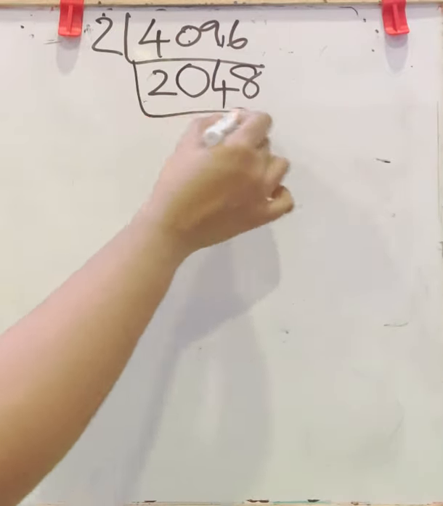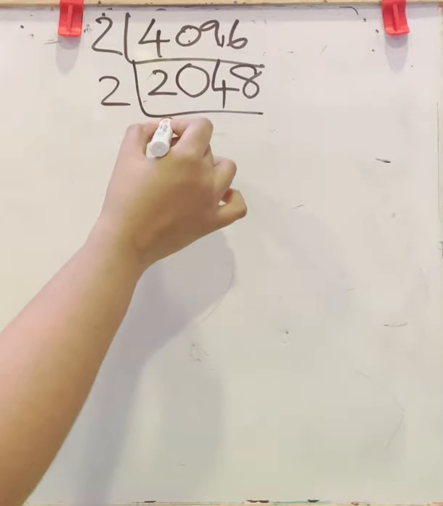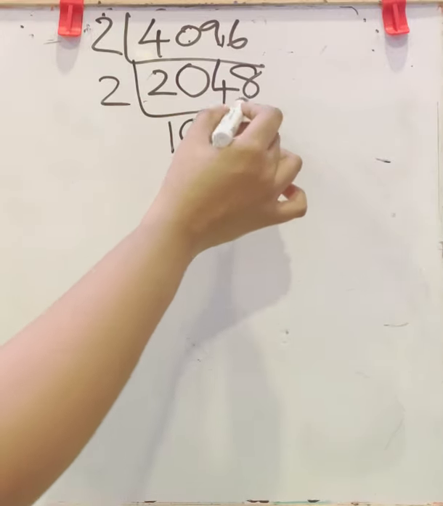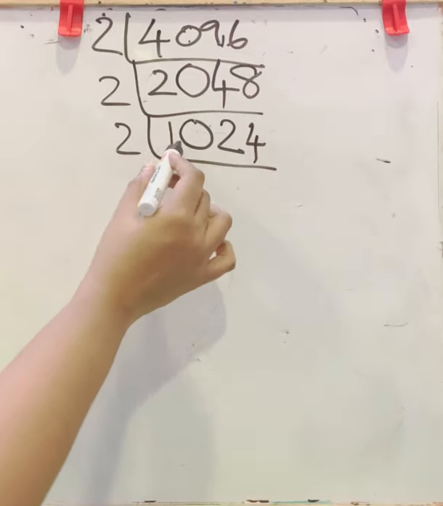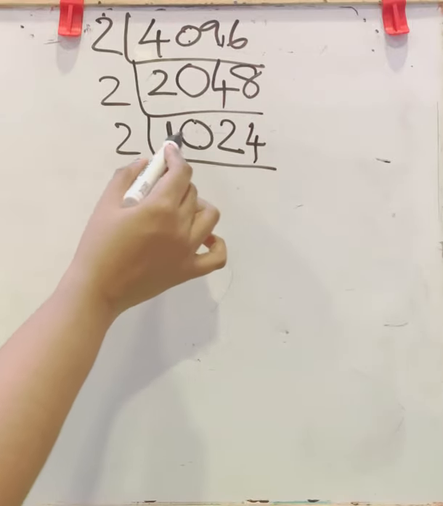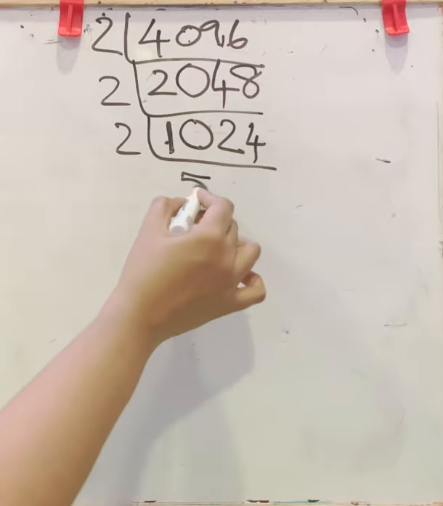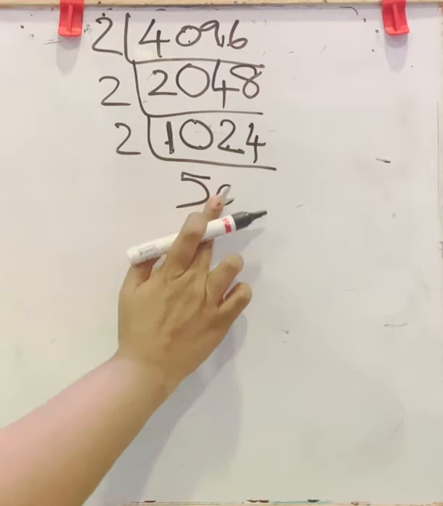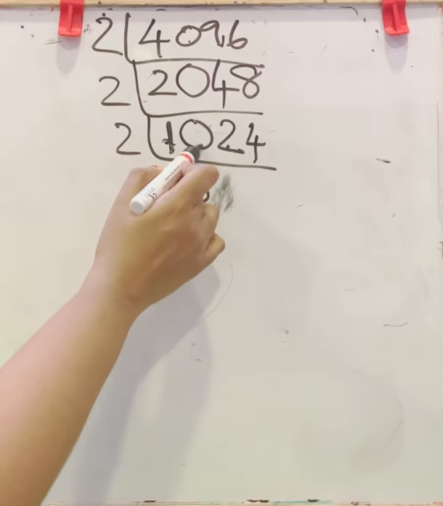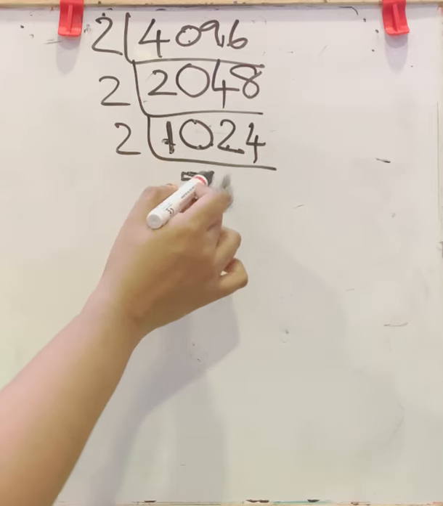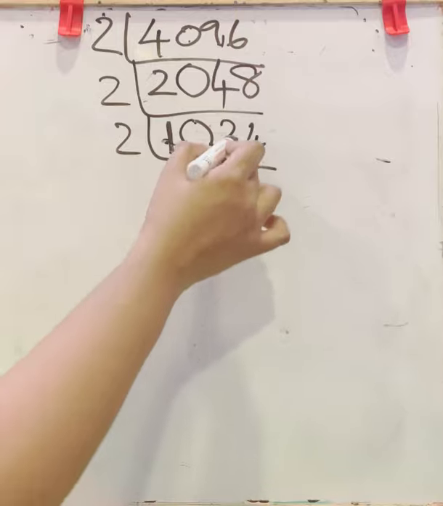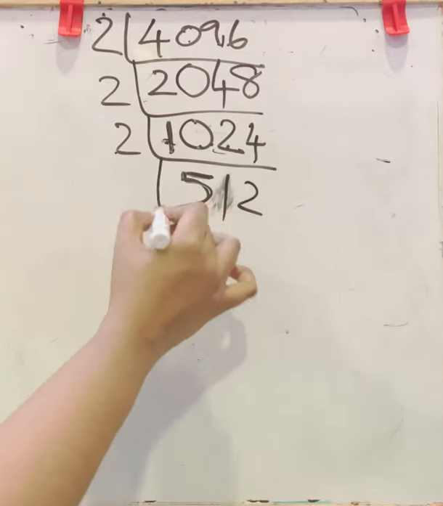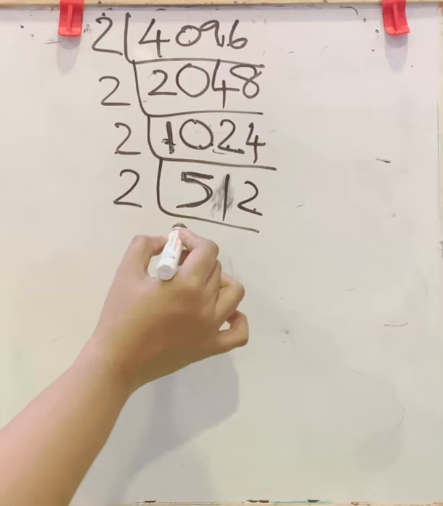Again 8 in the unit place. 2. 1 2s are 2. Carry down this 0. Here 2 2s are 4. 4 2s are 8. Again 2. Now this you can take together as 10. 5 2s are 10. Now in 2. Now don't put 0 because already we have done with 10. You considered 0. After that you got 5. So now next number is 2. 2 ones are 2. 2 2s are 4. Again 2. So 2. 2 2s are 4.